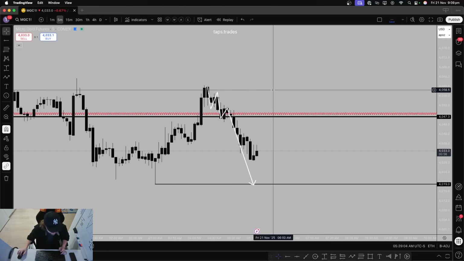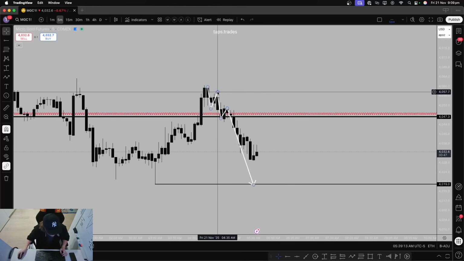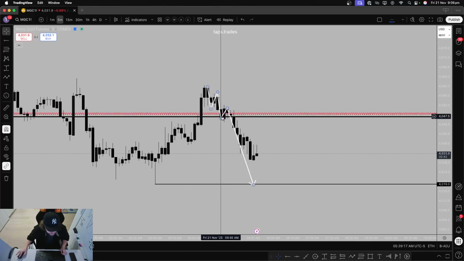Exactly what we're looking for now. So I can see here, after the correction phase, price, there's a high here, there's a low, there's a lower high, there's a lower low. These are characteristics of a downtrend that we want to see because we know that on the higher time frames, we are more bearish, meaning we're more probable that price is going to go down based on the higher time